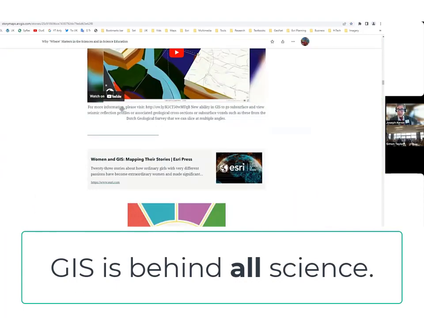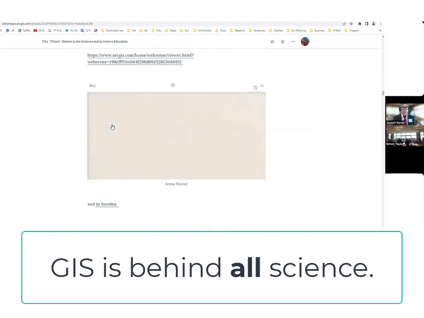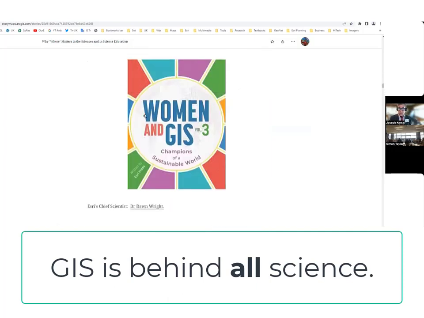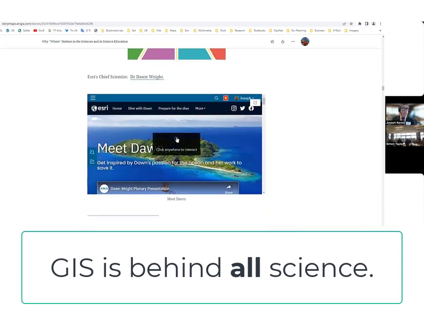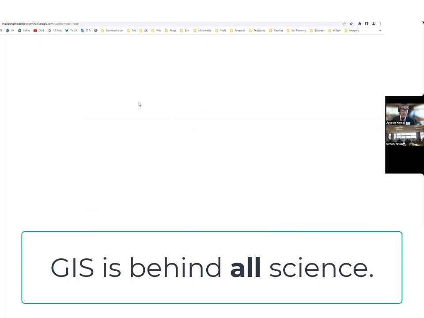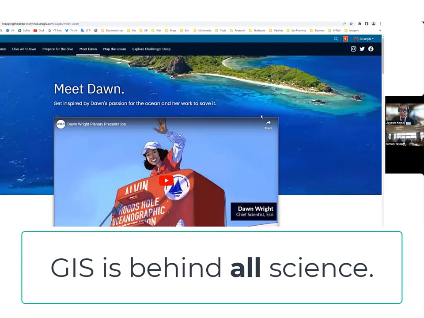Another thing that I wanted to mention is that it's a nice way to get female students into geospatial technologies. We've got 3 volumes of Women in GIS, Geospatial Technologies. And so it's a series of stories about champions all around the world and nonprofit government agencies, private companies, et cetera, making a positive difference. So our chief scientist, for example, is Deep Sea Dawn Wright. And she is one of my heroes, but she is an oceanographer, geographer. She also goes deep, hence her nickname. She went to the Marianas Trench this past summer as on one of her dives, studying some stuff on the